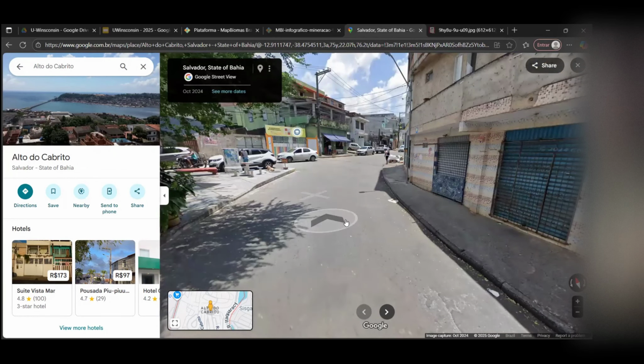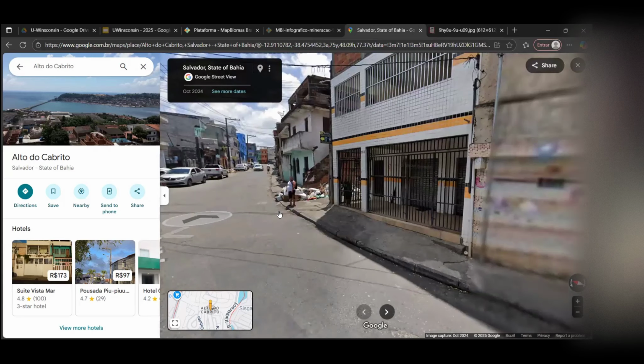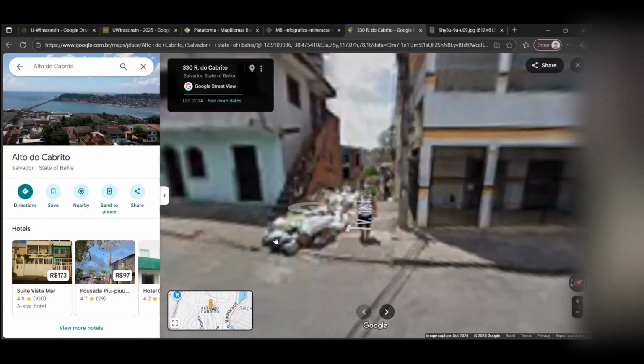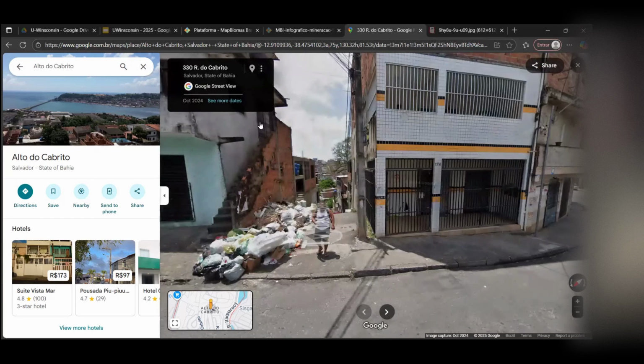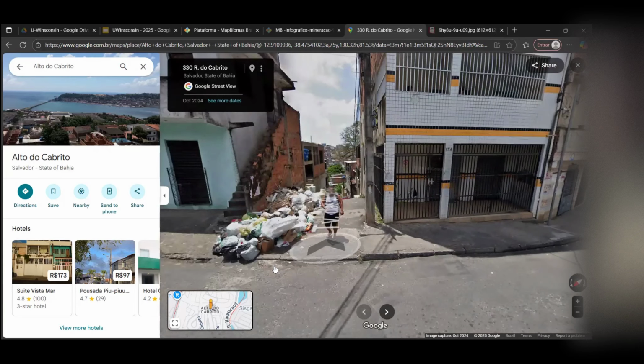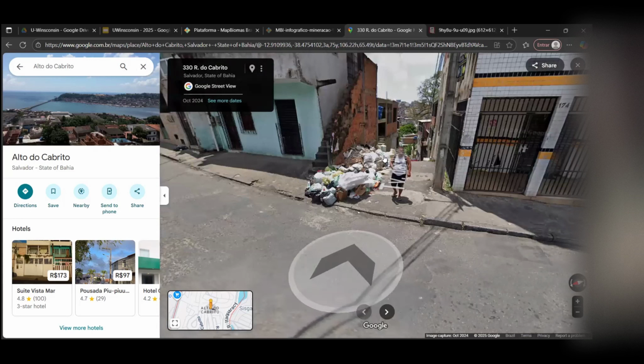So if I start to walk inside the slum, the second thing that students ask me is, okay, this is ugly. This is a pile of trash here. And this is what we call a viela. This is the real street. So the inner slum is inside of it. So why is the trash here? And the first question that I ask my students is, is this the problem, or is this actually the solution that they found to deal with the problem?